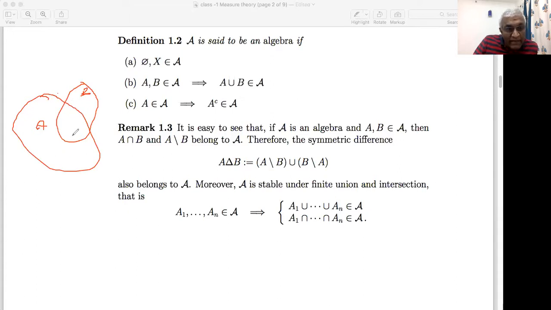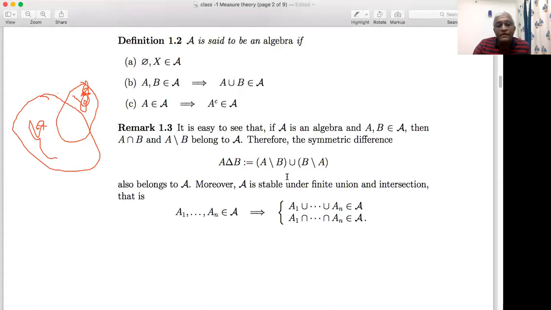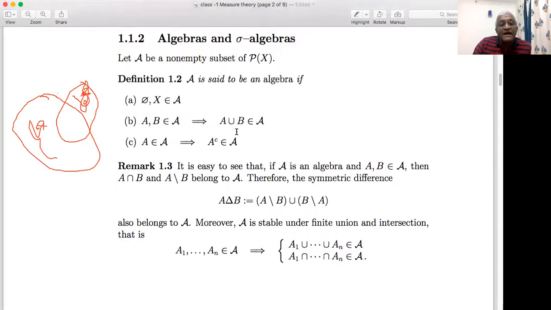A minus B union B minus A is just this part and this part. You just remove the intersection. That is what the symmetric difference is. It's very clear when you draw the diagram. Okay? And as you can see,